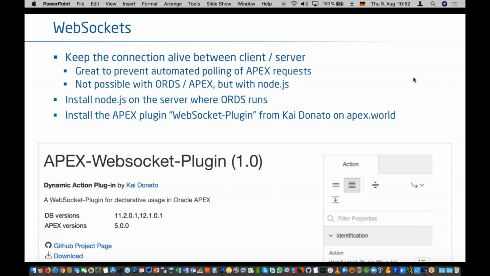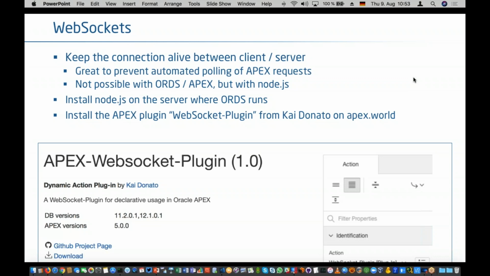So you do an update on a transaction, on certain data in a table, and by using a trigger, a message is sent out to Node.js, which has to be installed on the OADS server. And Node.js has an active connection with the browser. So it pushes this information to the browser as something happens, as it changes in the database. And then JavaScript is active in the browser, making a notification to the end user or doing something else.